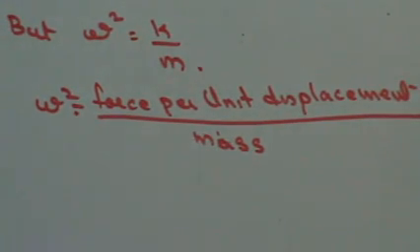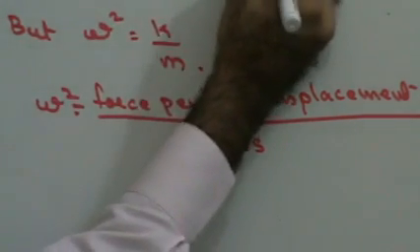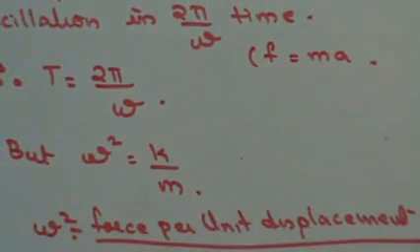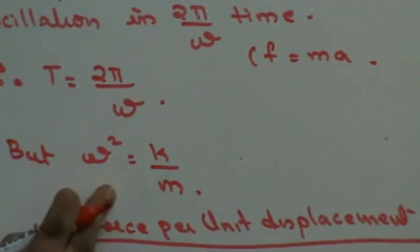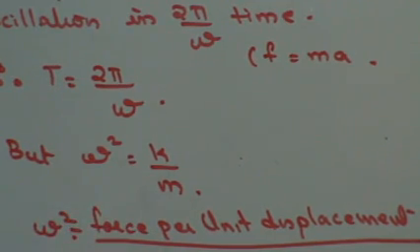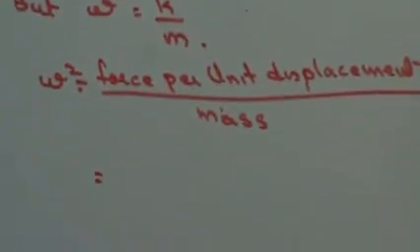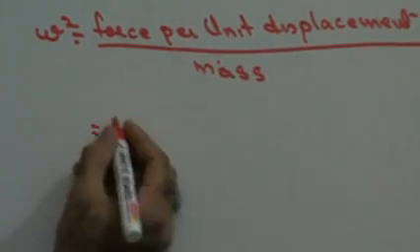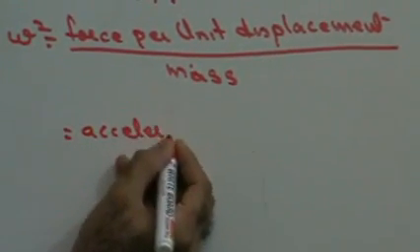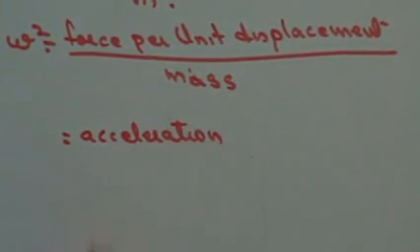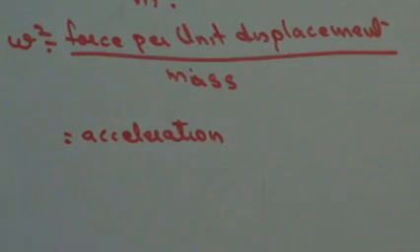Right? Now, force per unit displacement upon mass. Now guys, just let's mentally do this. F is equal to ma. Therefore, I can say F upon m is going to be equal to a. Here I have F, I have m here. That means I should get a. That means I can say that omega square is nothing but acceleration. Why acceleration? Because this is force upon mass per unit displacement,